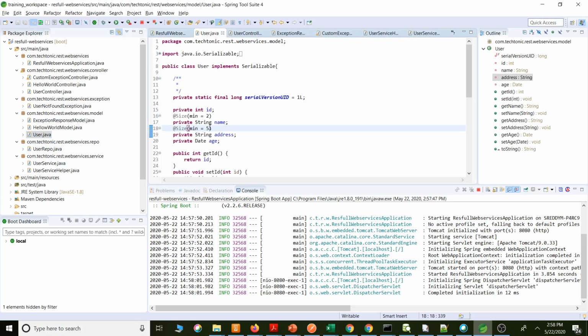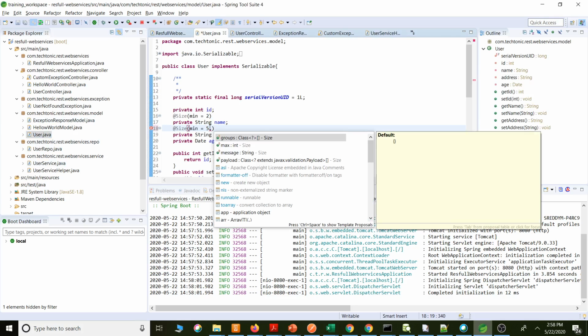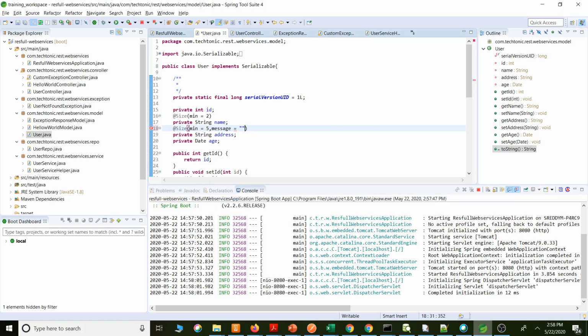@Size, comma, message: address should start from 5 characters.